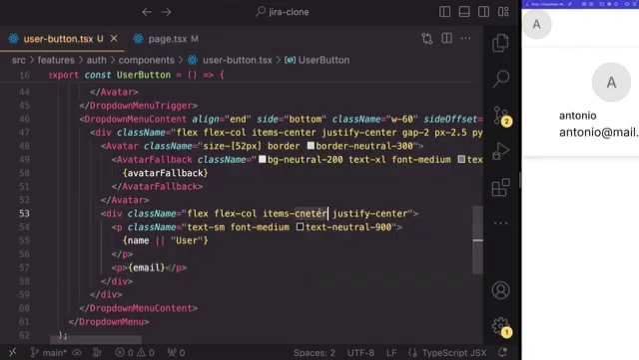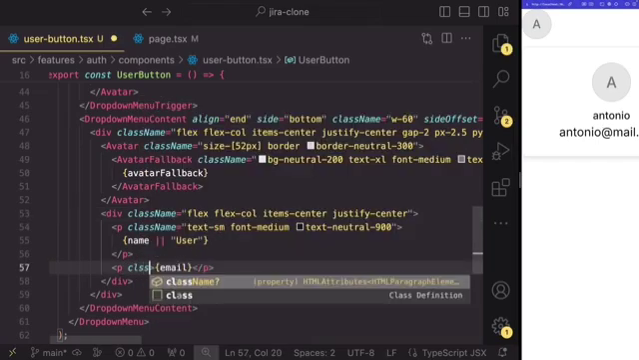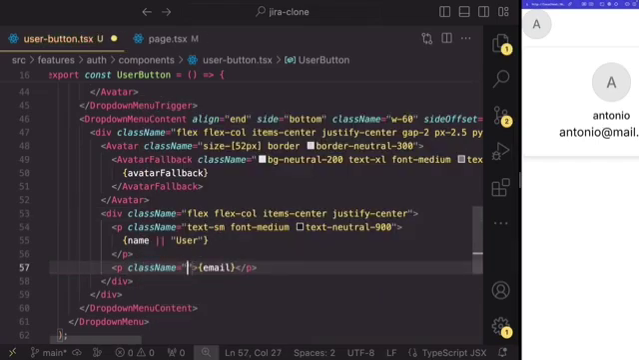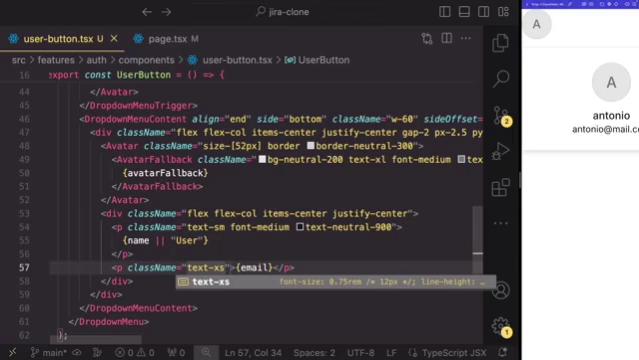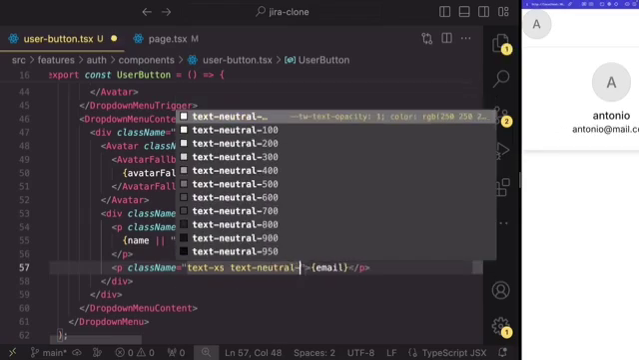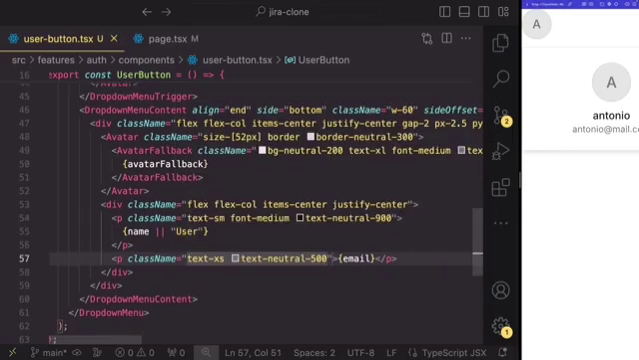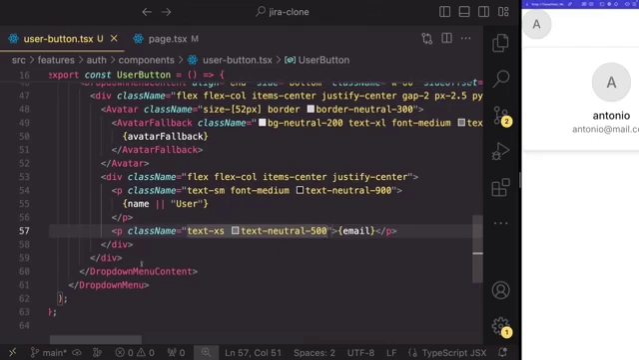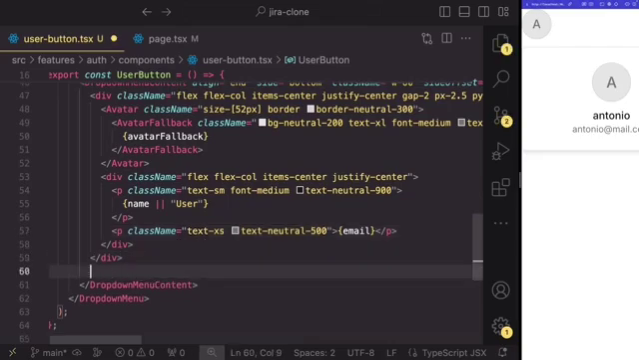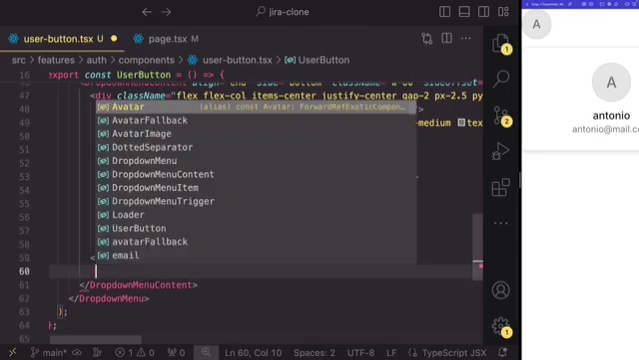And I misspelled center here. There we go. Now both of them are centered. And let's give a class name of text-xs and text-neutral-500. Just like that. Now outside of this div, still inside of the dropdown menu content, we're going to have a